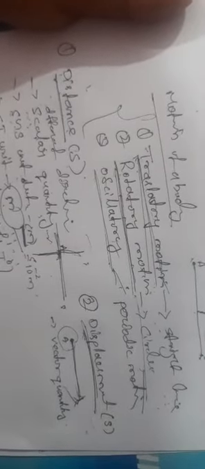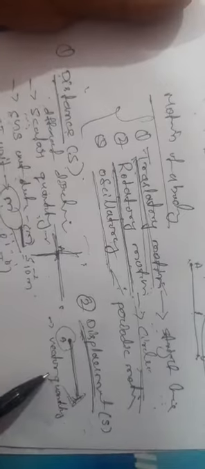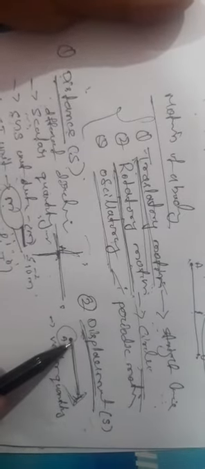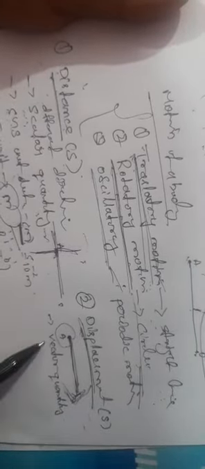Vector is also a physical quantity. The presence of both magnitude and direction is called a vector quantity. Displacement has a particular direction. That means it is a vector quantity.